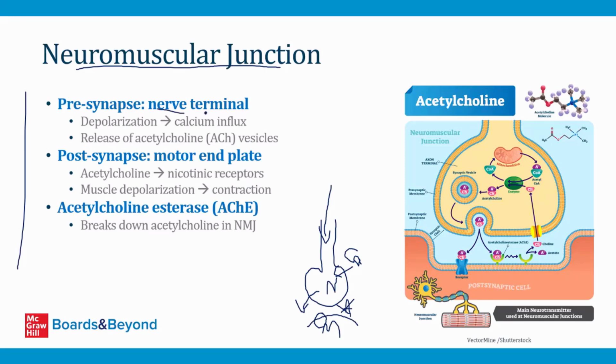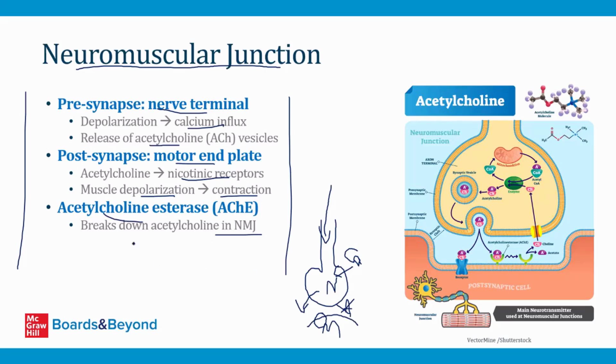Pre-synapse, you have the nerve terminal, which depolarizes, and calcium comes in. That leads to the release of acetylcholine. Post-synapse, you have the motor end plate, the portion of the muscle fiber near the nerve terminal. Acetylcholine binds to nicotinic receptors, and that leads to muscle depolarization and contraction. Finally, acetylcholinesterase breaks down the acetylcholine in the neuromuscular junction. All these events are going to be important as we talk about neuromuscular junction disorders in the next